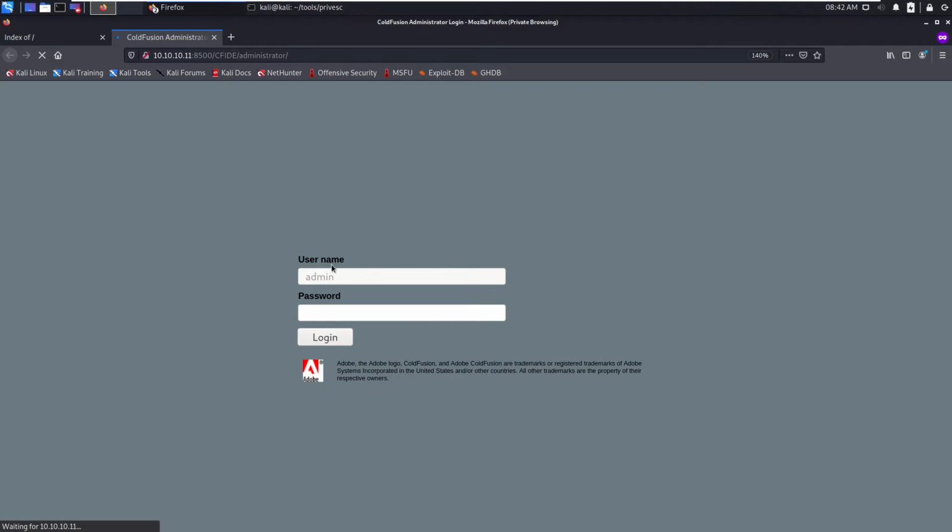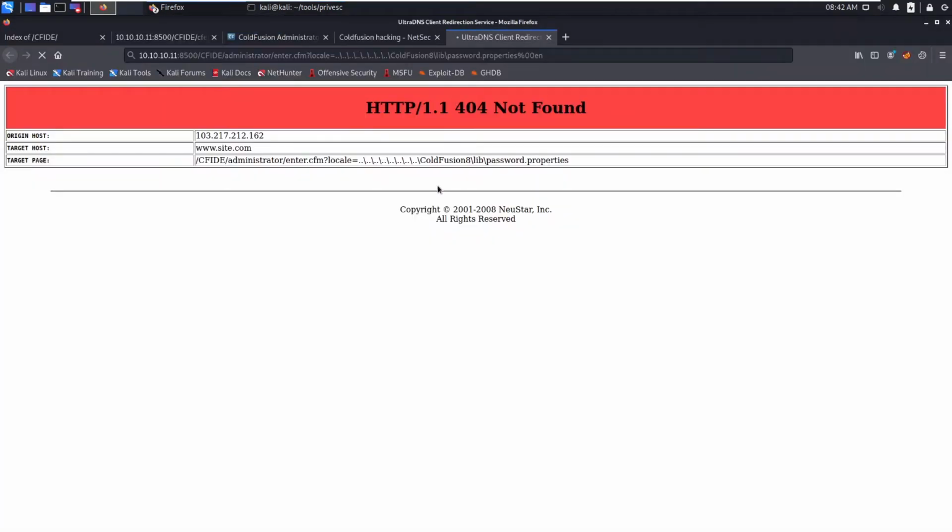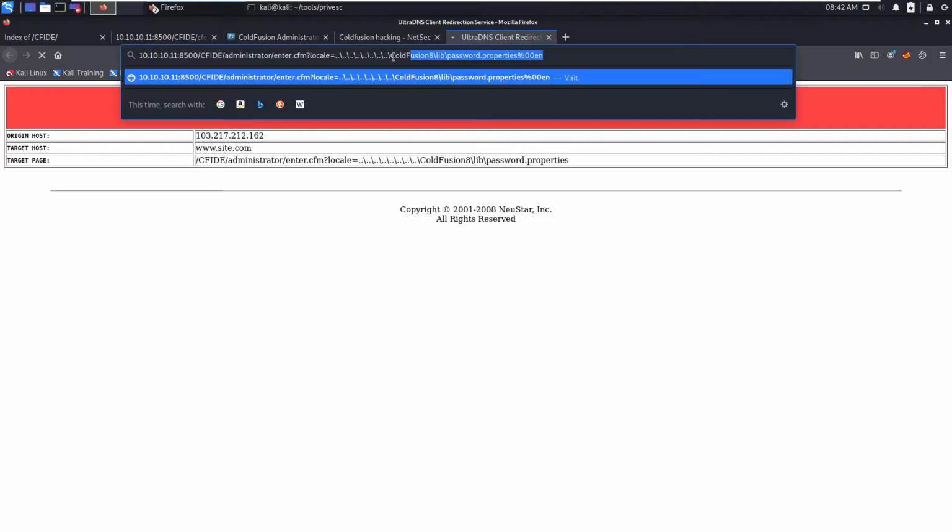So this is the login page. The username admin has already been filled in, so we need to find the password. I think we enter the correct one, or you can copy this one.